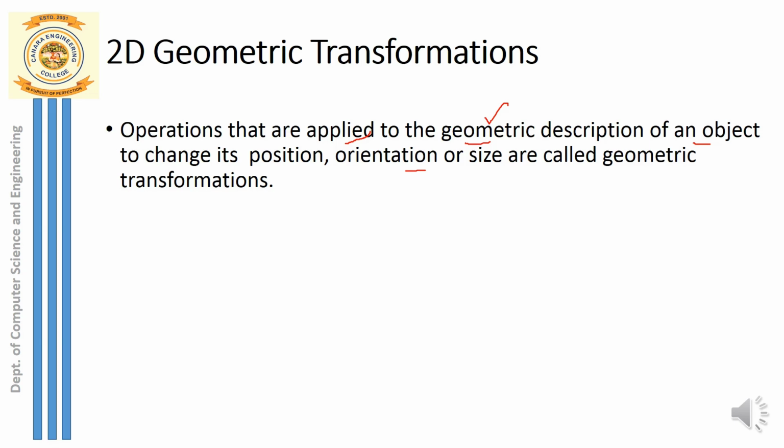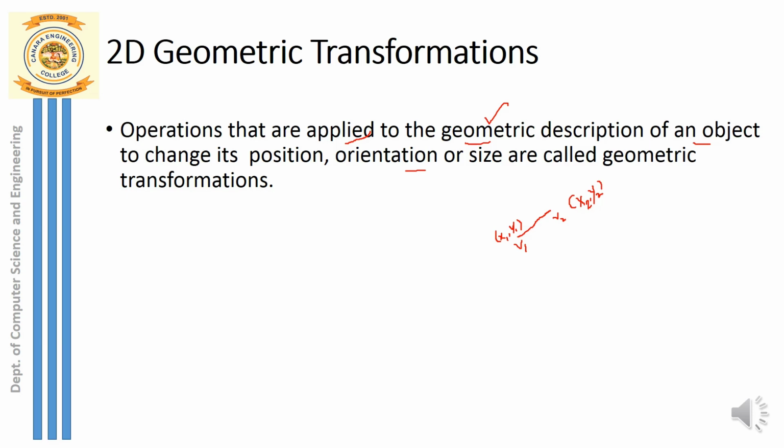Let's take a small example of a line. I have a straight line, and a line is made up of two end points. The first end point, let me take it over here, V1, and the other end point, V2. The vertex V1 has an x coordinate as well as a y coordinate. The other vertex V2 also has an x coordinate, let me take it as x2, and the other coordinate, y2. In total I have two endpoints with two sets of coordinates.